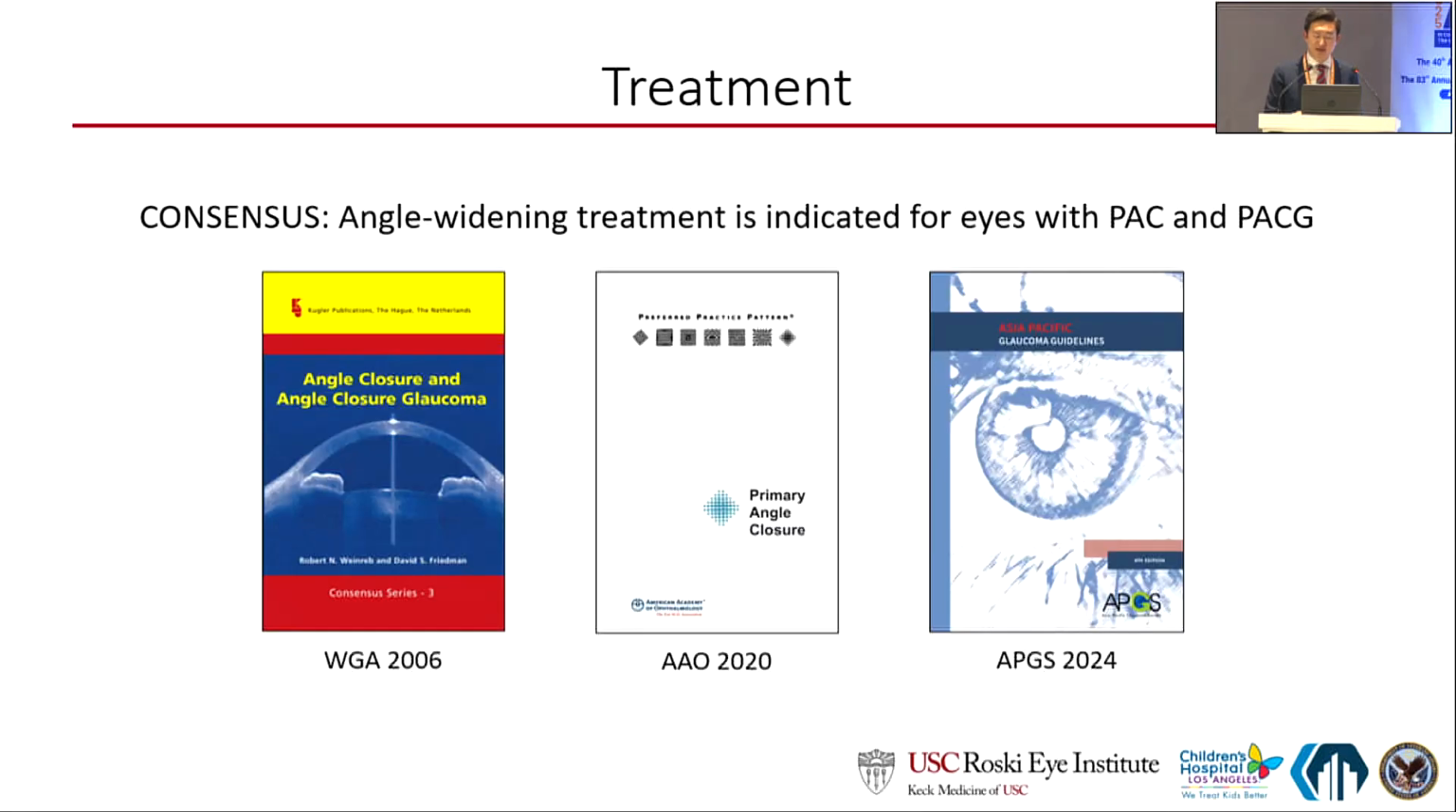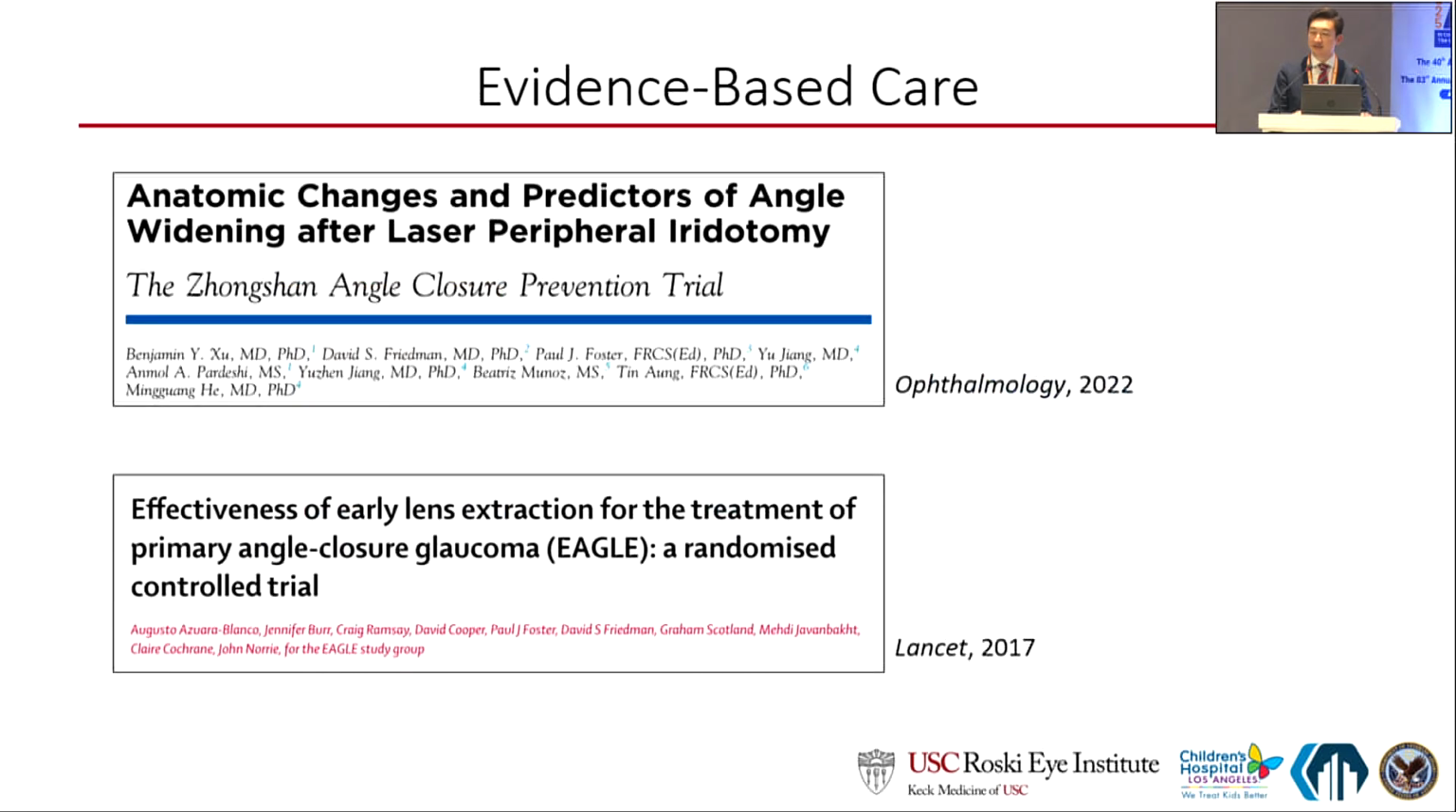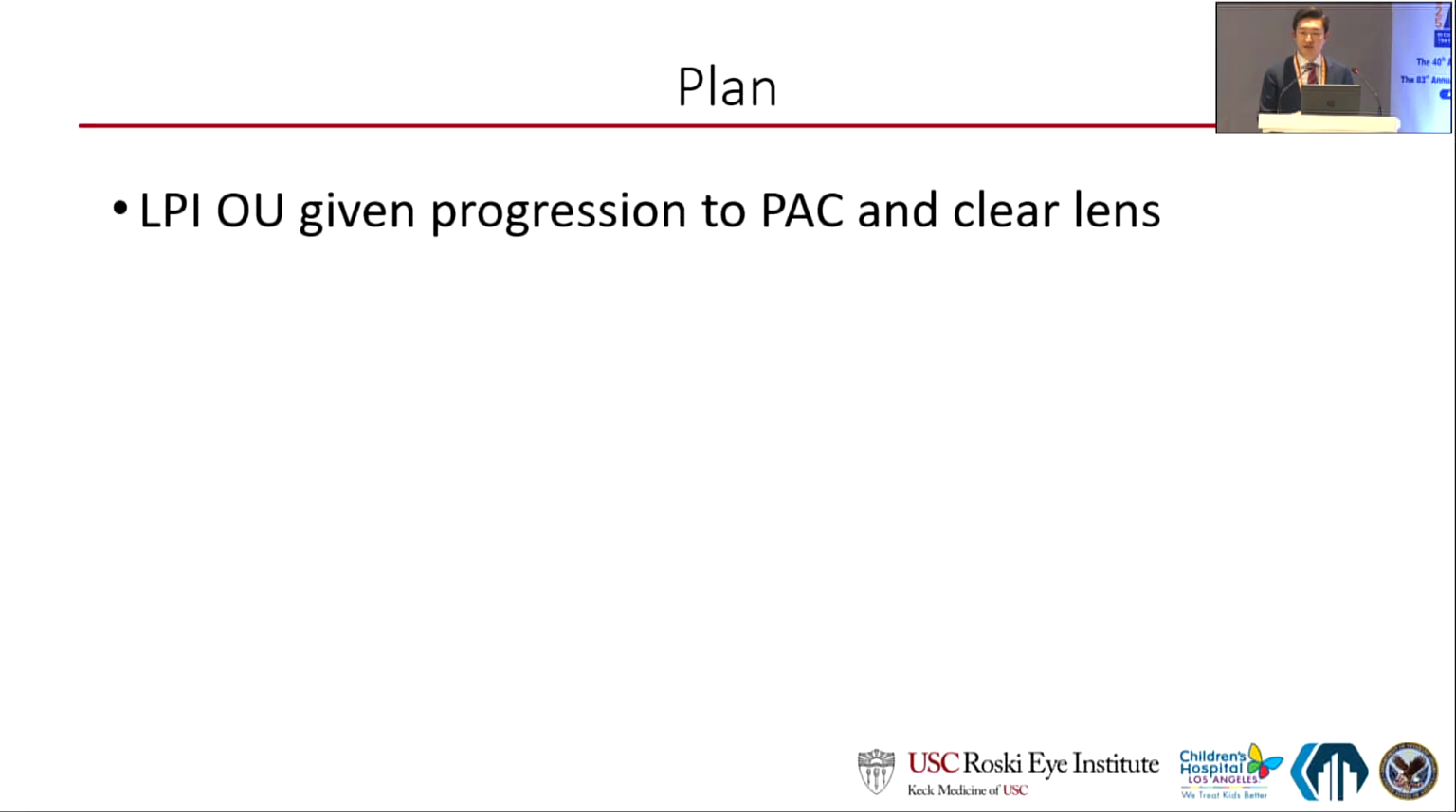So here, the recommendation by the World Glaucoma Association, American Academy of Ophthalmology, and the Asian Pacific Glaucoma Society is that angle widening treatment is indicated as this patient now has progressed to PAC. There is substantial evidence suggesting that patients who receive LPI experience significant angle widening that can be measured using ASOCT, and we also know based on landmark studies such as the EAGLE trial that LPI can effectively lower intraocular pressure in PAC eyes. So here, this patient was much more amenable to LPI now that he had elevated IOP,